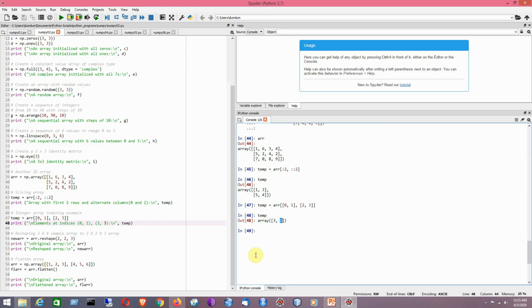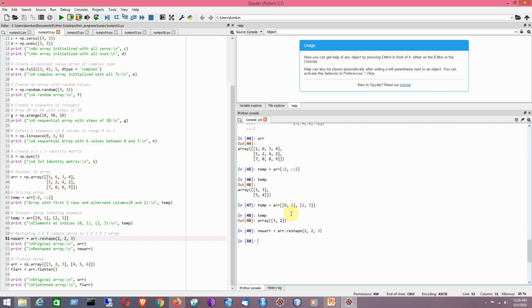Next comes reshaping a 3 by 4 sample array to a 2 by 2 by 3 three-dimensional array. So how can you do it? So we can use the reshape function, sorry, reshape class here. That is a part of the array.